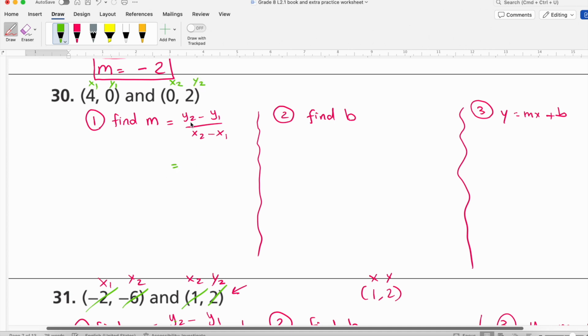Let's substitute. y2 is 2. Minus y1 is 0 over x2 is 0 minus x1 is 4. 2 minus 0 is 2. 0 minus 4 is negative 4. This is my m. For b, I can use the original way, y equals mx plus b. Substitute by these and find b. I can do that. But I noticed,